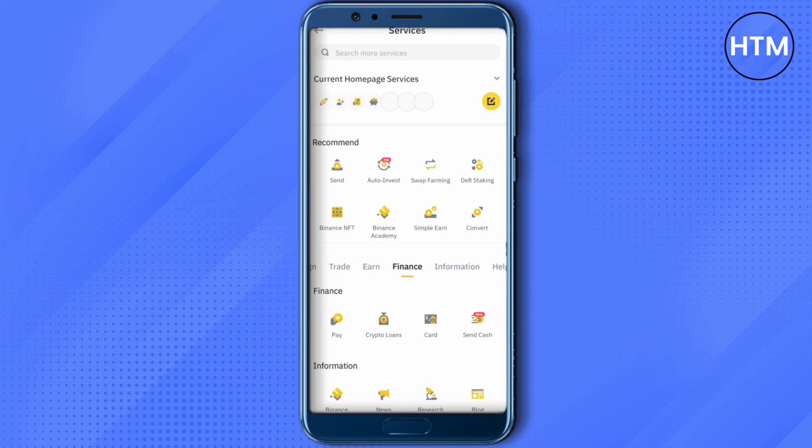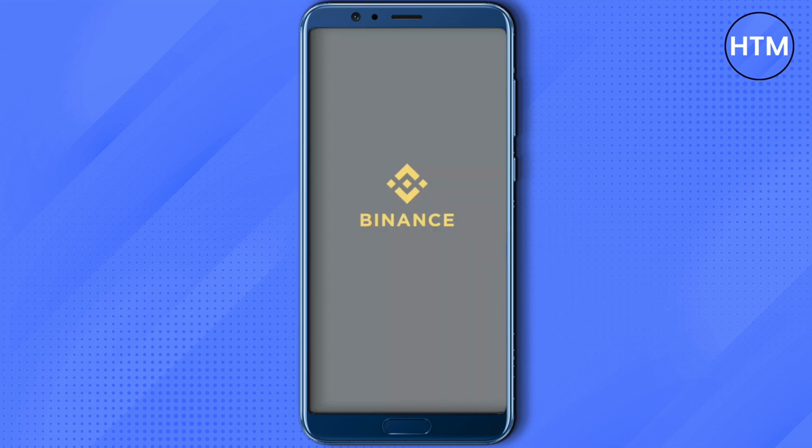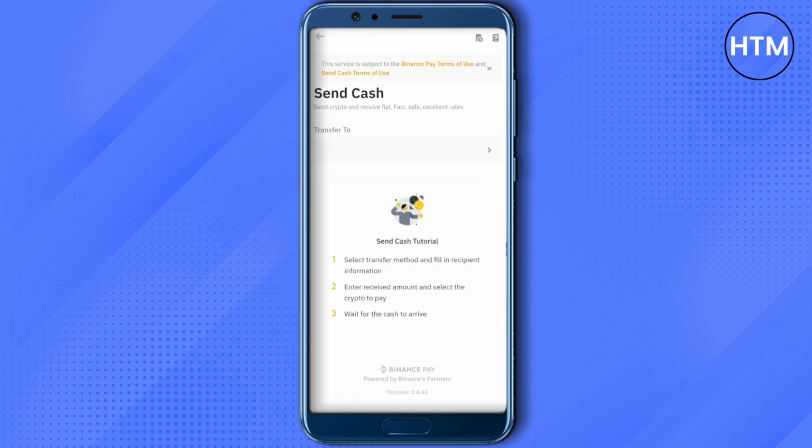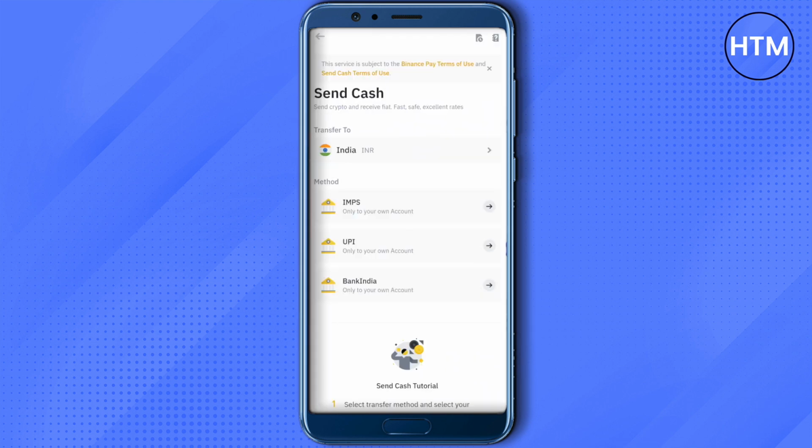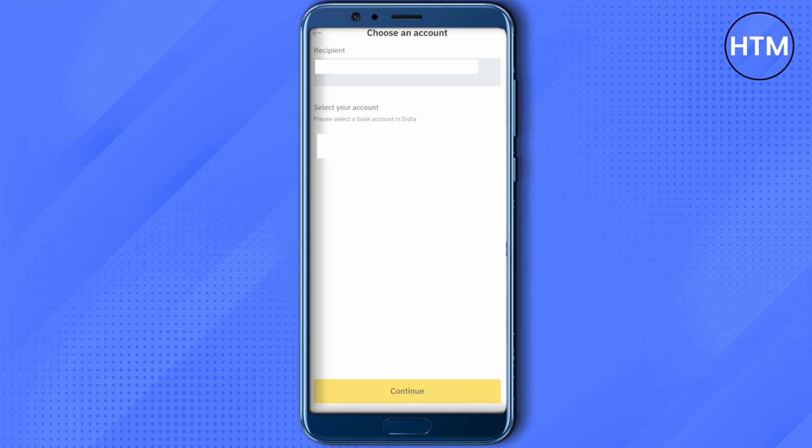Then you will find this option of send cash under this heading of finance. Just click on it, and here the payment method that we just added will be shown over here, the one that we just saw in the beginning. So just choose the currency that you want to transfer to, and then select the method that you want to receive money in. Suppose I want to choose the UPI, and after that you can just simply click on this option of add new account if you want to add some new account. Otherwise the method will be same that you just added to your account while creating it. Then click on continue,